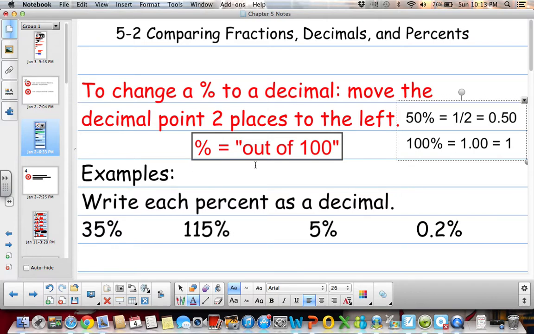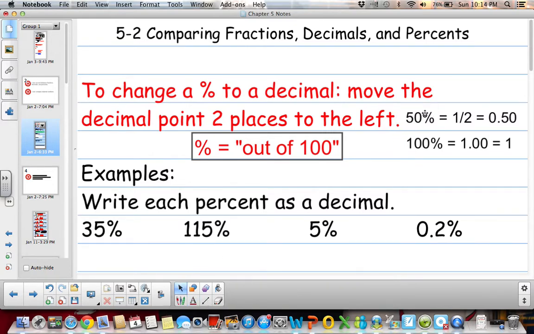So we know, because we've talked about percents in lesson 5-1, that a percent means that number out of 100. So 20% means 20 out of 100, 90% means 90 out of 100. It's always out of 100. So if we want to change a percent to a decimal, we want to move the decimal point 2 places to the left. So if you think about it, if we have 50%,